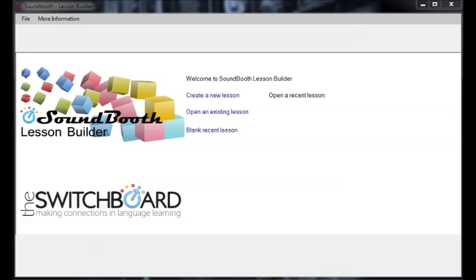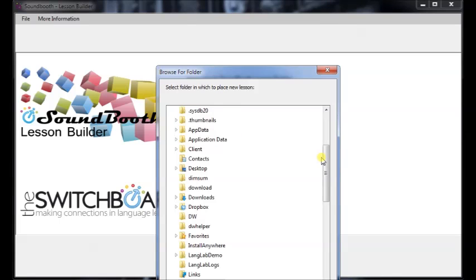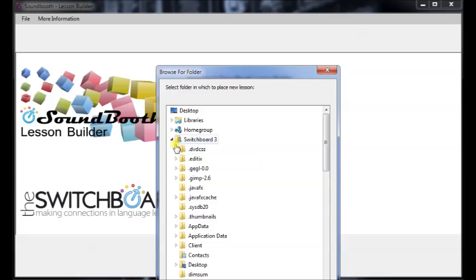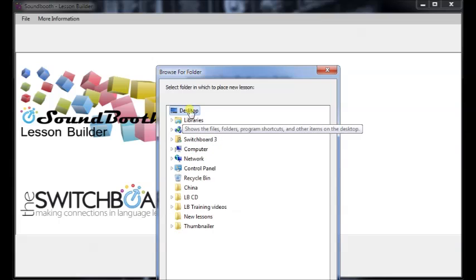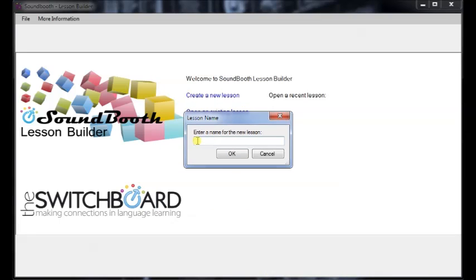Welcome to Soundbooth. The first thing we're going to do is create a new lesson. This will open a directory on the computer and we select the folder, in this case it's on our desktop, that we've made for saving the lessons. It will then ask us for the name of the first lesson, which we type in